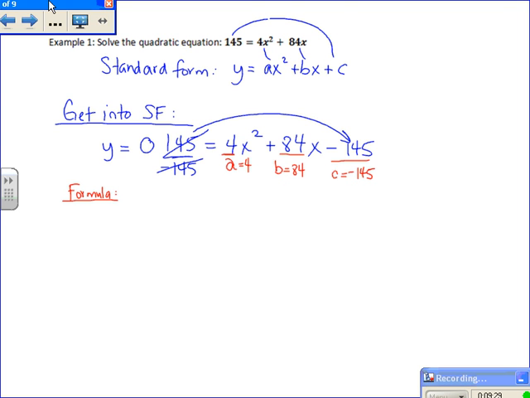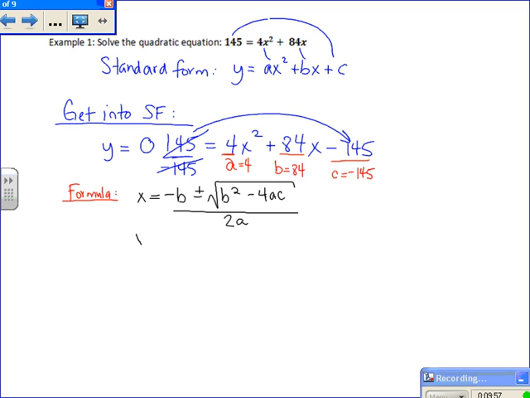The formula is given to you in your data booklet, and the roots will come from taking negative b, plus or minus the square root of b squared minus 4ac. This is 4 times a times c, inside, all divided by 2 times a. So we're going to go ahead and plug those